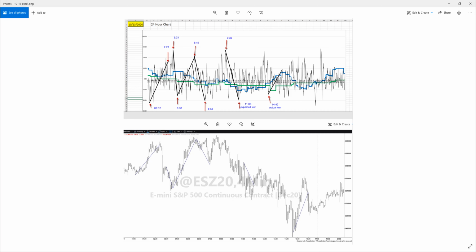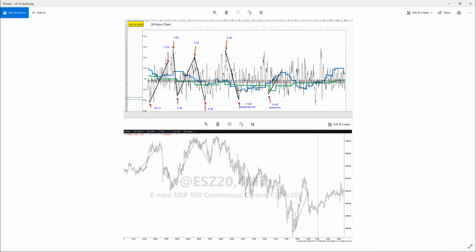The green line goes flat, but the blue line moves up. So we've got that decent upward trend from 12 minutes after midnight to 2:23 in the morning. The next trade sets up with the green line flatlining on zero. The blue line has peaked here,